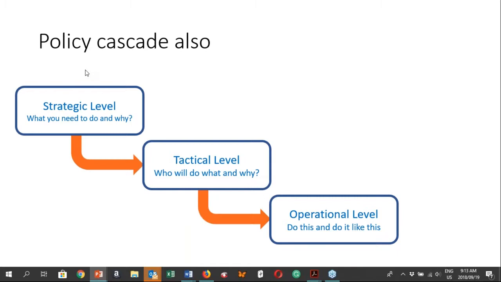What's actually quite interesting, and I must admit this was a little bit new for me, but as we started talking through the stuff when we wrote the book, I realized that even policy cascades throughout the organization. So we tend to say that policy is a mechanism to provide direction to the organization, and that's absolutely correct.